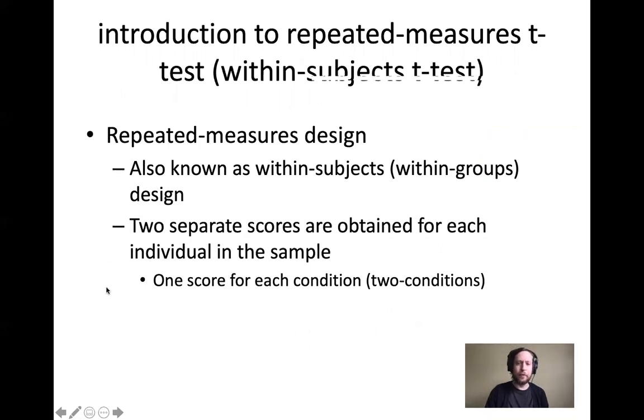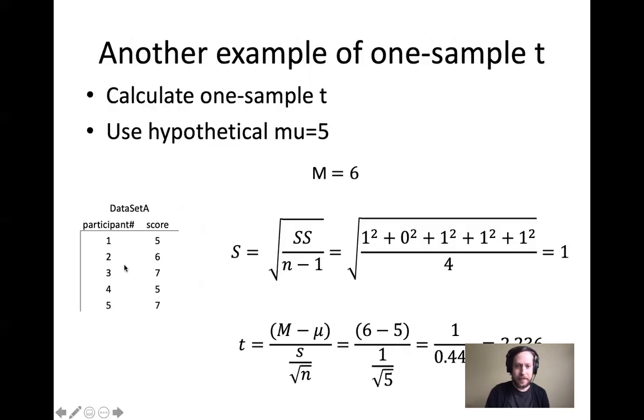Now we're moving on to the repeated measures t-test. The one sample t-test is actually kind of weird for various reasons, and the reason it's weird is because there's only one sample in it. And I should point out that the one sample in the one sample t-test is this M right here. We have that one sample that we calculate a mean for, the M, and we're comparing it to